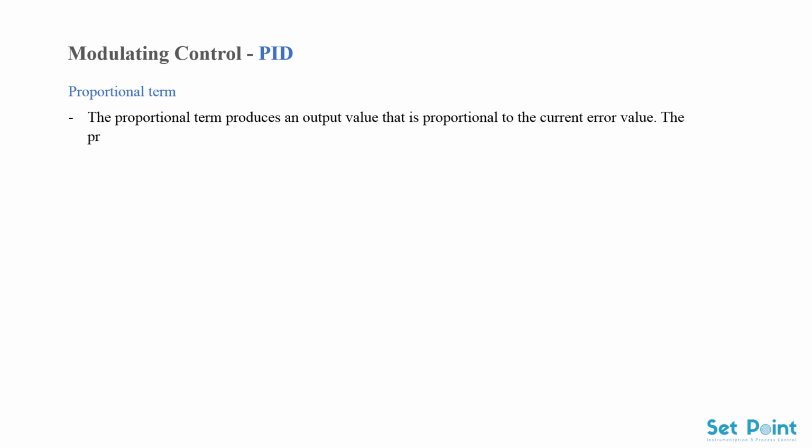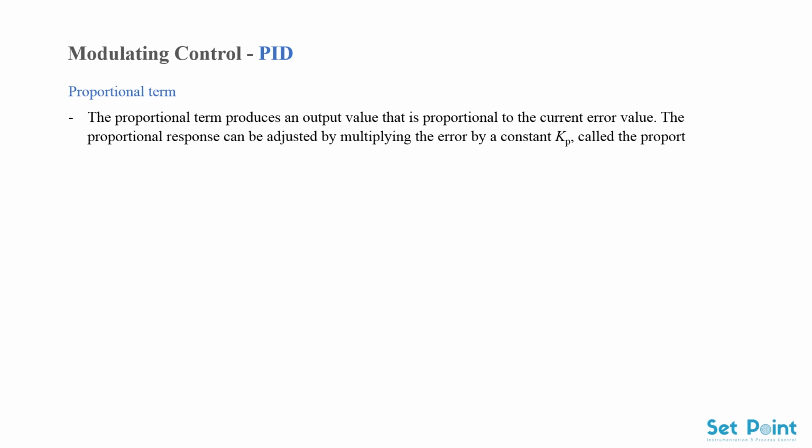Proportional term. The proportional term produces an output value that is proportional to the current error value. The proportional response can be adjusted by multiplying the error by a constant Kp, called the proportional gain constant. The proportional term is given by